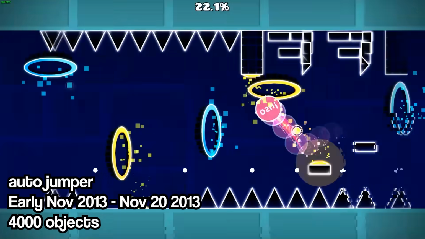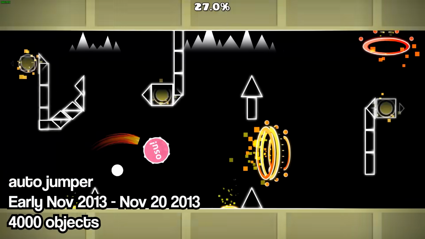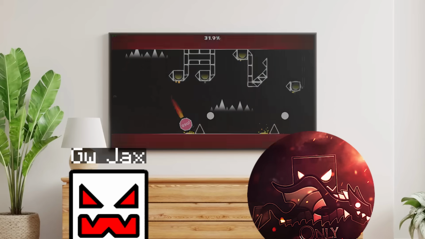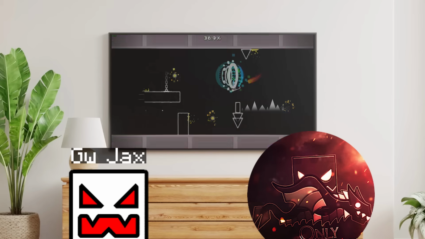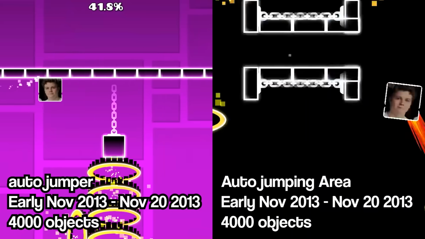Putting real effort into something every now and then is cool. Also look, it's art! This is one of the first levels to have art. You thought Majako invented it, but no! Anyway, Jax saw this level and said, huh, I'm gonna make a knockoff of this. And then proceeded to make a knockoff called Auto Jumping Area, which also has 4,000 objects, so...